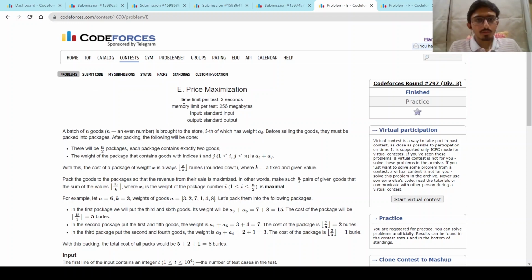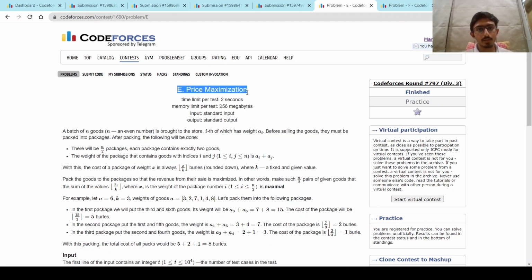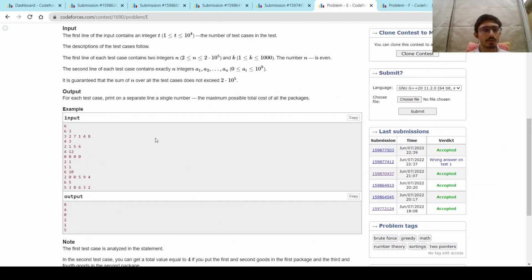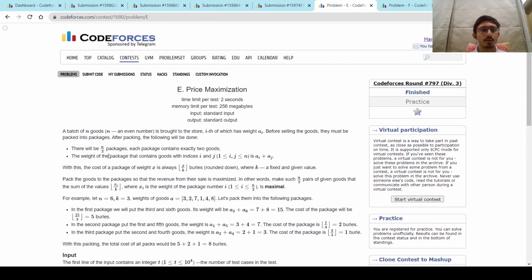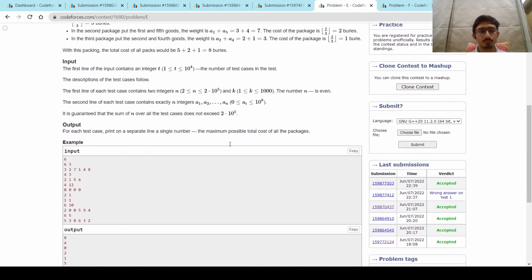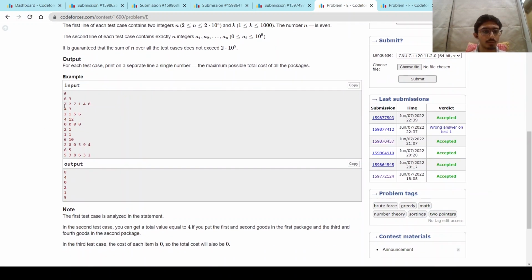So this is the fifth problem, the price maximization, and here the question is, basically we are given an array A and we want to make pairs of two elements, so total n by 2 pairs, and the value of each pair is defined as the sum of weights of both elements in the pair divided by k and taking the floor, so basically integer division, and our goal is to maximize the sum of all the values of the pairs. For example, then in the case of